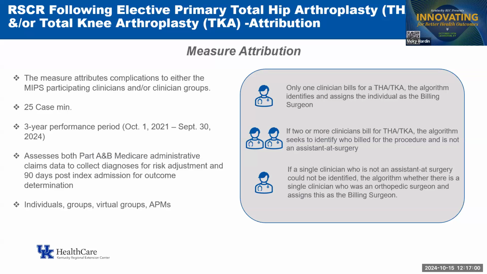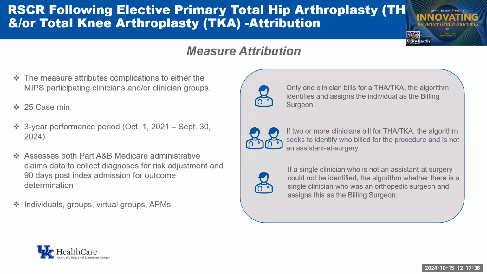Okay, so let's break down the attribution. So if only one clinician bills for the THA or TKA procedure, CMS uses an algorithm that identifies and assigns the individual as the billing surgeon. Patients may have different claims for the same procedure, so the algorithm is what assigns the attribution to that billing surgeon. If 2 or more clinicians bill for THA or TKA procedures, the algorithm will seek to identify the